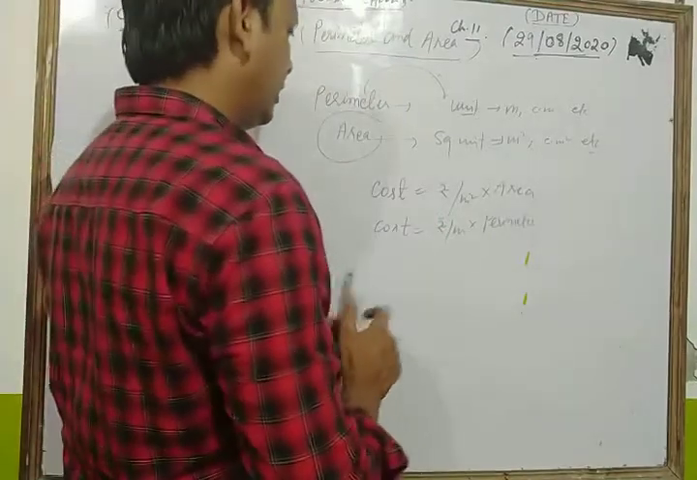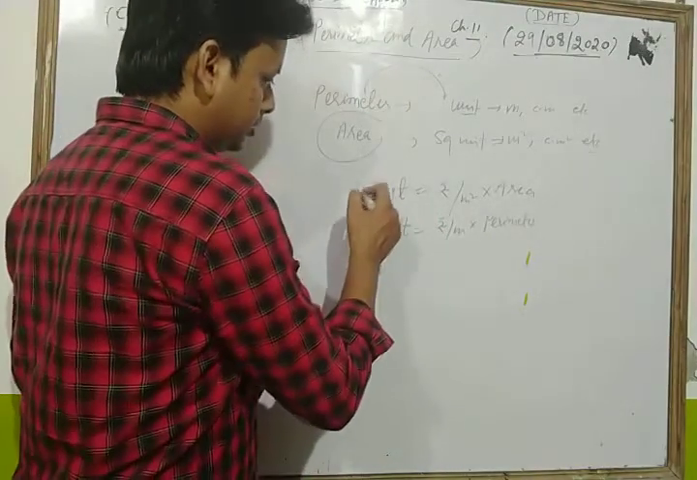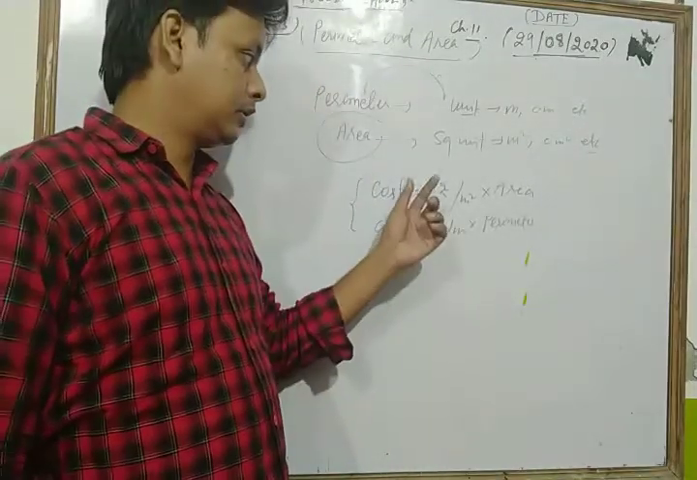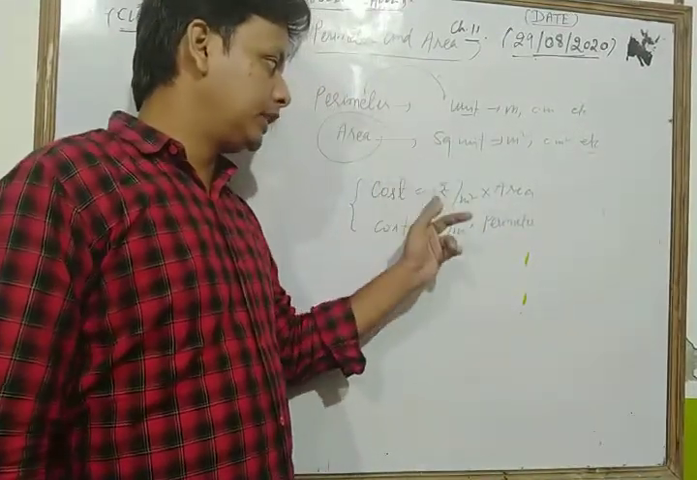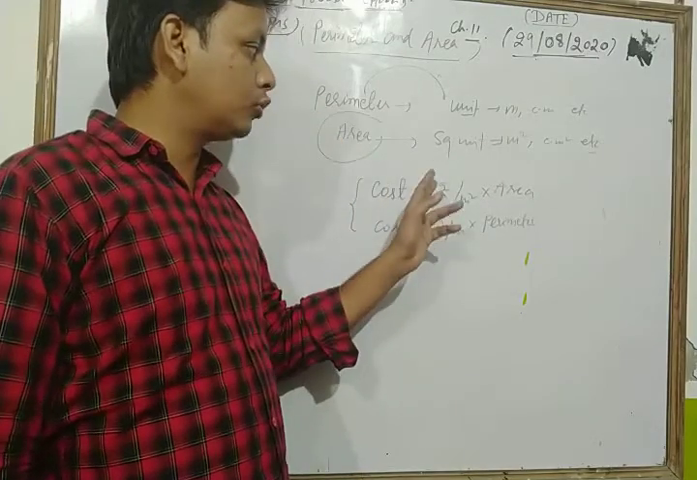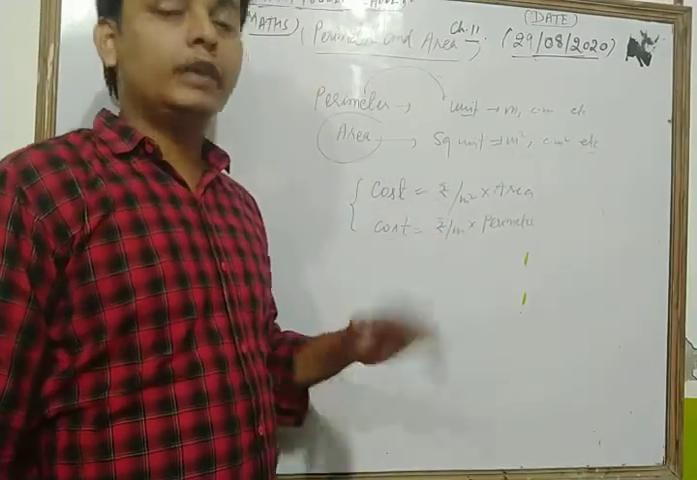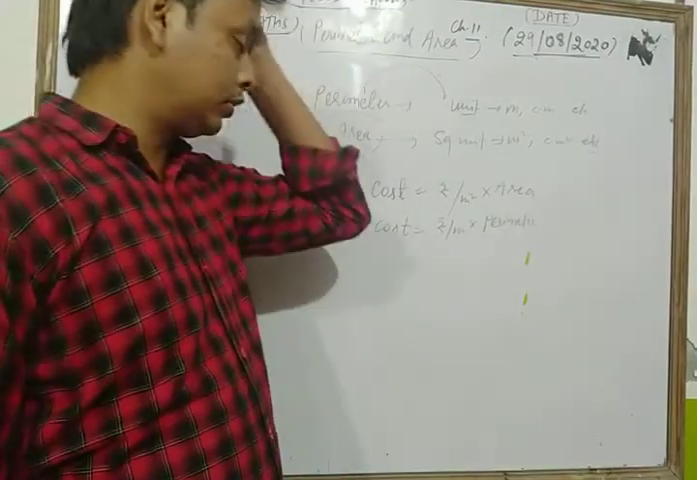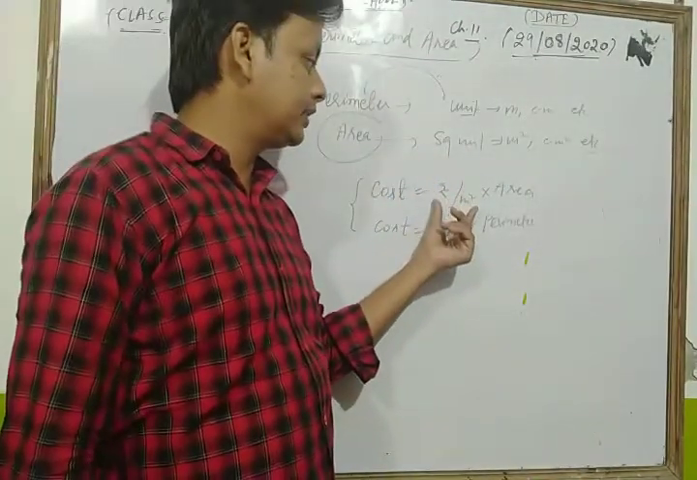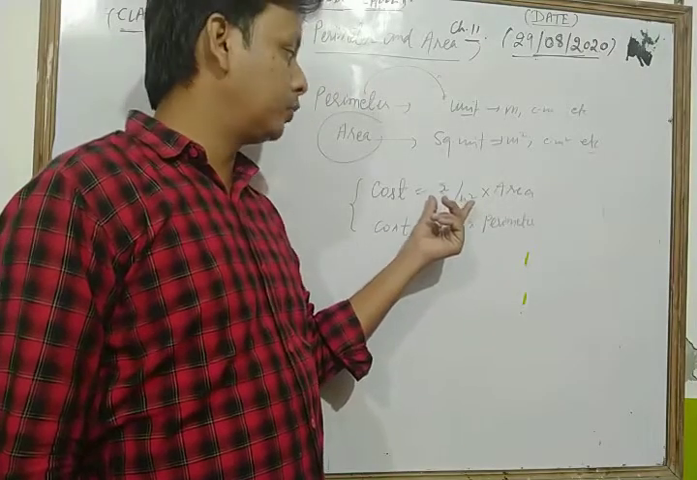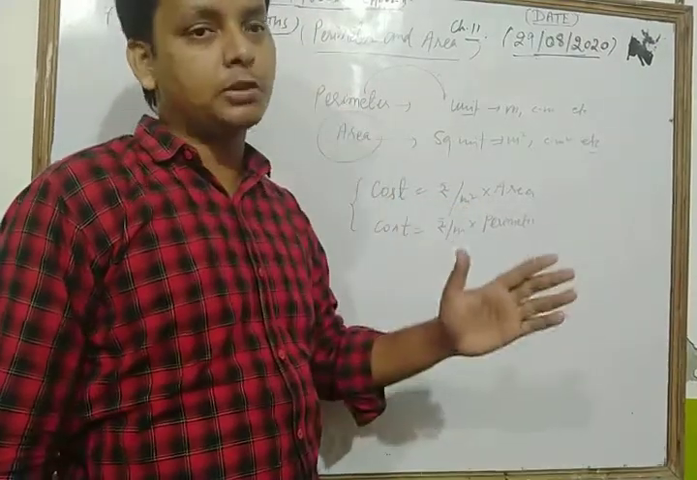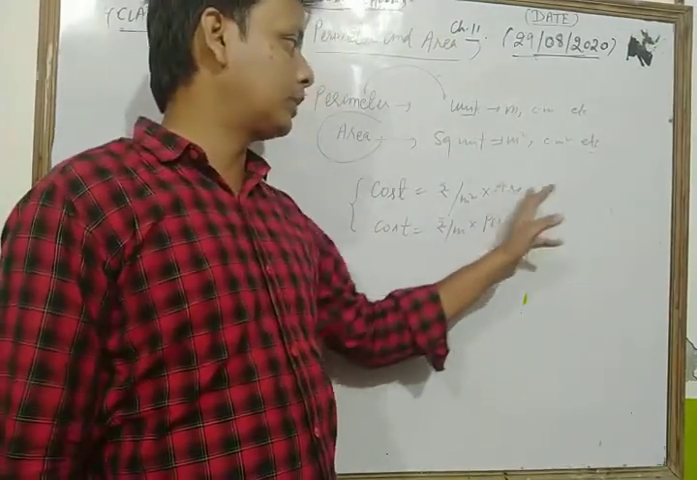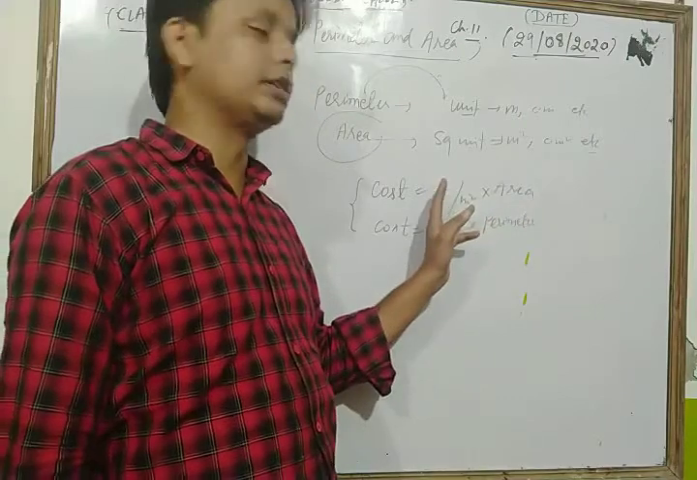Dear students, please clear the concept of this formula. When in the question the rate is given in rupees per meter square, and we find the cost of polishing or rubbing, then as per the question, if the rate is given in rupees per meter square, we must multiply it by the area of that geometrical figure, because the square meter cancels out, so we get rupees, which is our